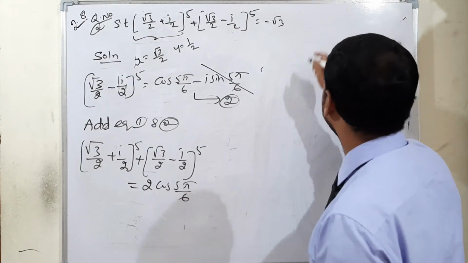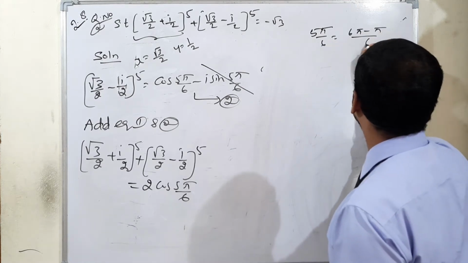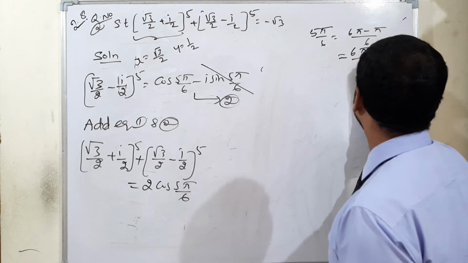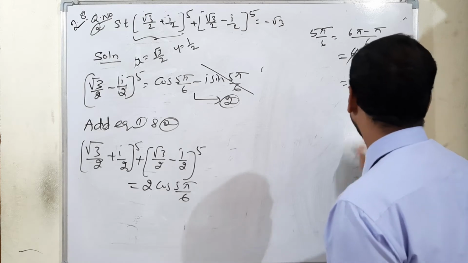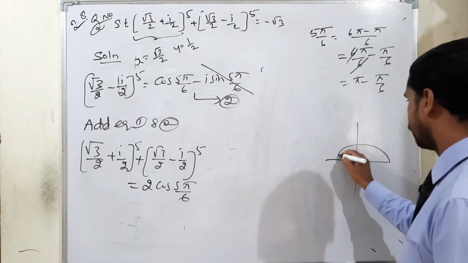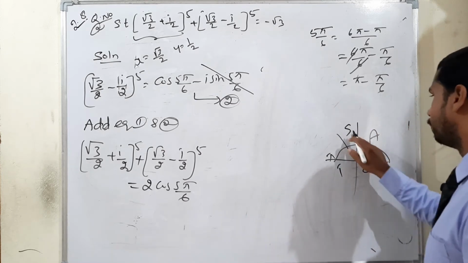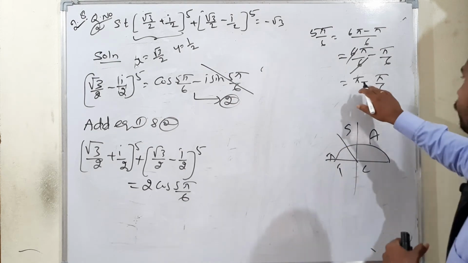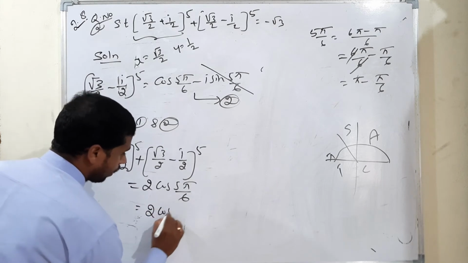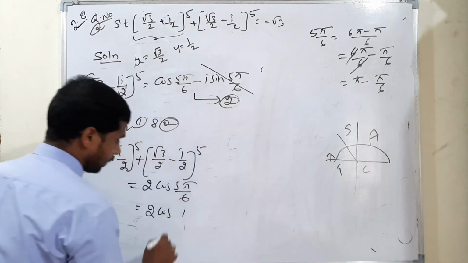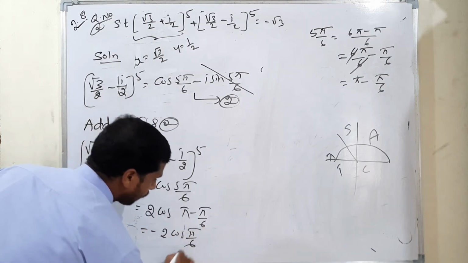So 2 cos 5 pi by 6. Let's move on: write 6 pi minus pi by 6 separately, meaning 6 pi by 6 minus pi by 6, the 6 cancels, so pi minus pi by 6. So 5 pi by 6 lies between 0 and pi. Pi minus means it definitely lies in the second quadrant. In the All Silver Tea Cup rule, only sin is positive in the second quadrant, but we have cos, isn't it? So cos means what will happen? 2 cos of pi minus pi by 6, isn't it? So pi minus pi by 6 means we can write minus 2 cos pi by 6, because cos is negative in the second quadrant.